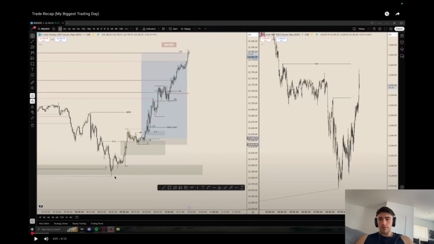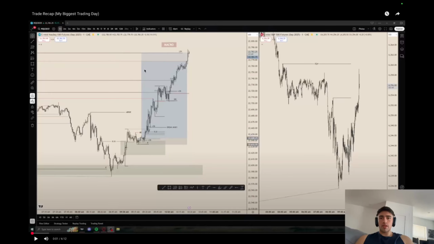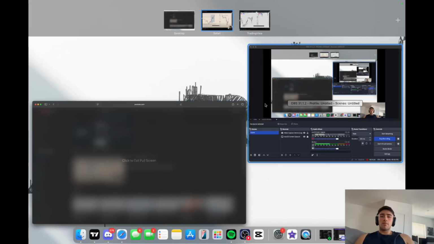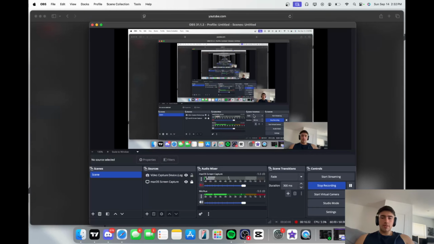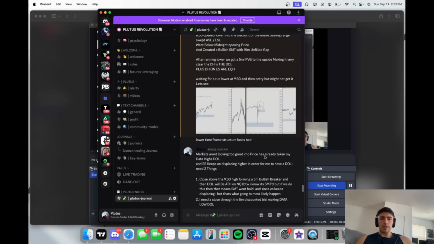A30 opens lower, closes above A30. Again, on this occasion, the daily profile is New York reversal. So again, A30 manipulates into the key level, and then gives us that lower time frame inversion inside of this below A30, creates a protected low, and then 930 delivers higher to the drawn liquidity. Okay, I hope this kind of makes sense. Yeah, same thing again. I just kind of go over drawn liquidity, what I'm expecting every single time.